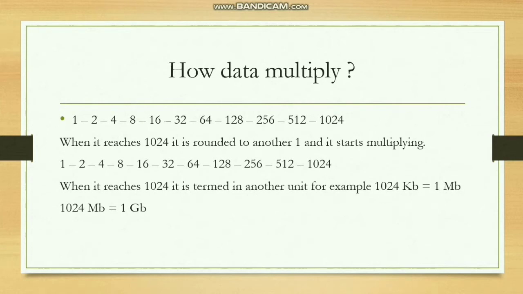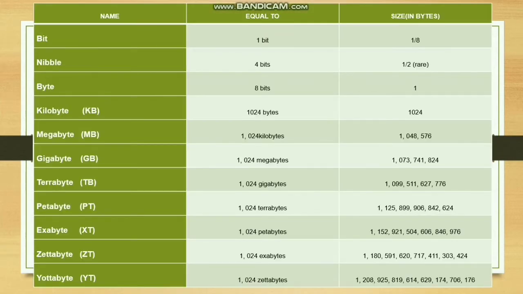Okay, and we are going to see the next one, how after bytes it is kilobytes, above kilobytes it's megabytes, then comes gigabyte, that means GB, then comes TB or terabyte, and 1024 terabytes forms petabyte, and 1024 petabytes become exabyte, and 1024 exabytes form zettabyte, and 1024 zettabytes nowadays means yottabytes. This is a way in which data is being multiplied